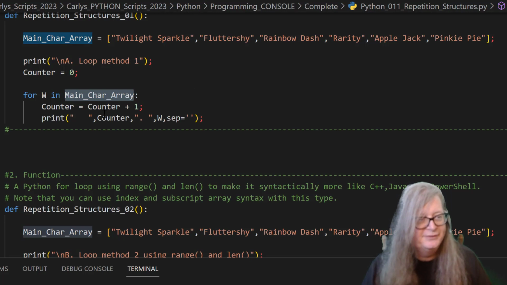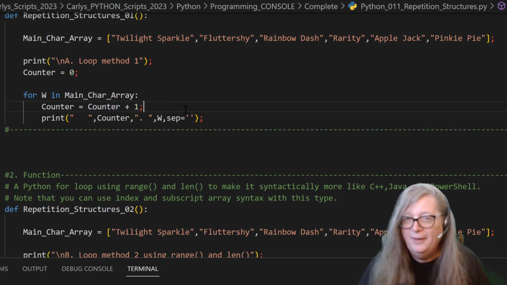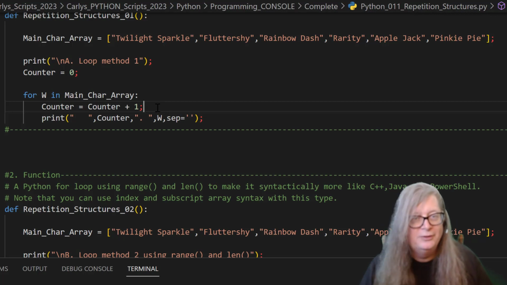our 6 main characters. We're going to simply increment the counter object here, and we're going to say counter equals counter plus 1. I coded it that way to make what it's doing more